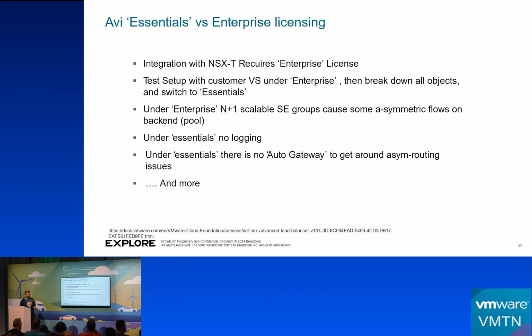This really matters because, in one situation you think you have your routing and your firewall rules figured out, and then the next one suddenly you've got asymmetric flows going all over the place, and you're like, what the hell happened? Yes, because the AVI can do a lot of cool stuff, but you need to understand it really well if you're going to use it under the enterprise license.